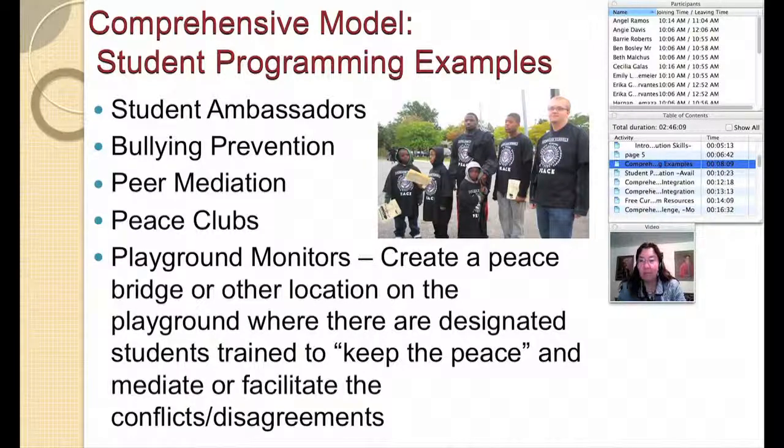Then we have peace clubs. A lot of the schools have different kinds of clubs. They might call them restorative justice clubs or peace clubs, where they do a number of different kinds of activities for the school and in the community, including a lot of times social justice projects or volunteer projects in the community. And then another neat tool that a number of schools do regarding student programming is playground monitors. So some schools actually put a bridge where students will go to the bridge of peace, where the students who are trained as mediators can either do a formal mediation or facilitate through the conflict for their peers there,